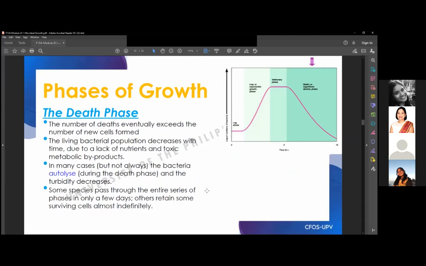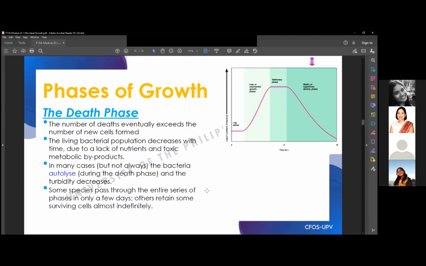So this is now the death phase, the fourth phase in the bacterial growth curve. The number of deaths eventually exceeds the number of new cells formed. The reason why madaming namamatay is because of lack of nutrients na, and the formation of toxic metabolic byproducts that can cause the death of some microorganisms. And also, bacteria tend to autolyze, no? So that's the reason why when we view the